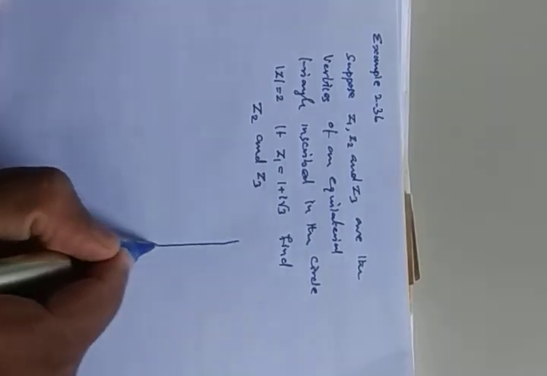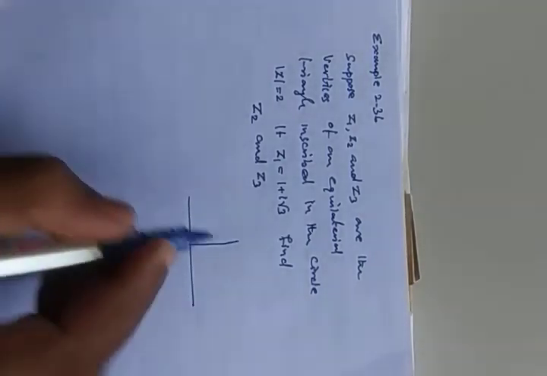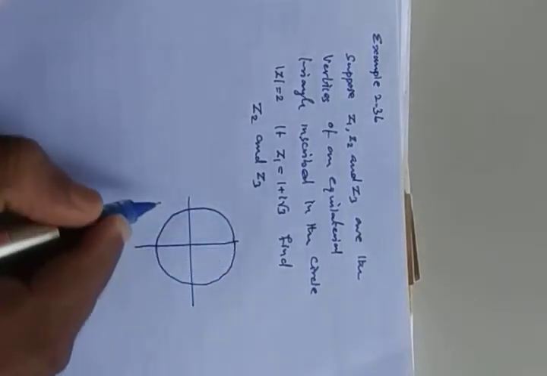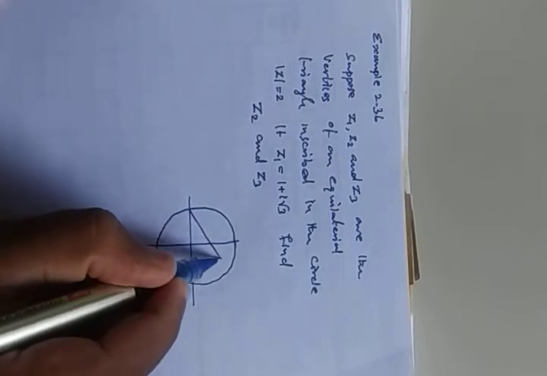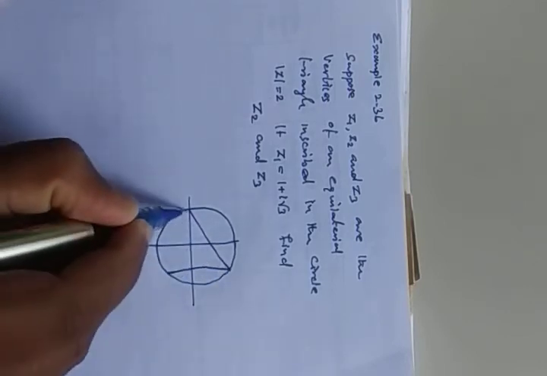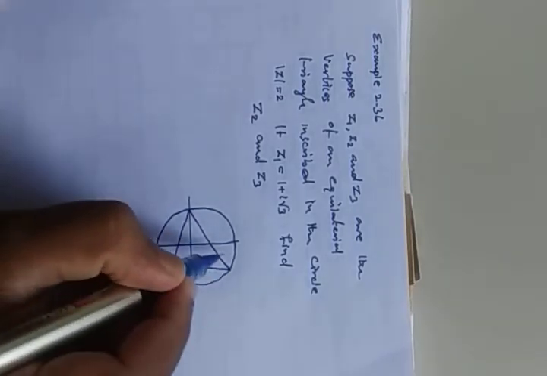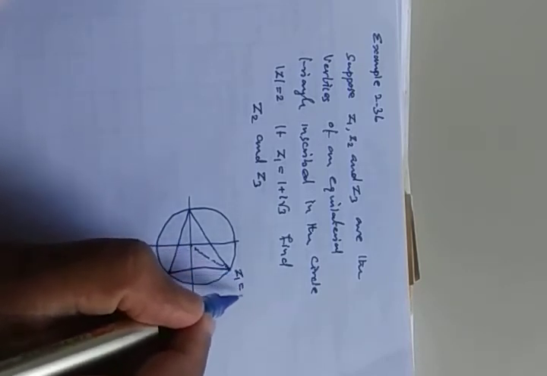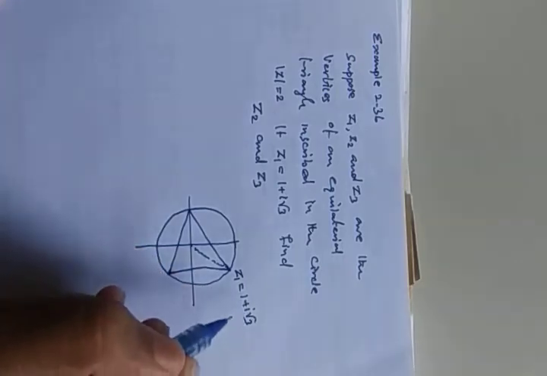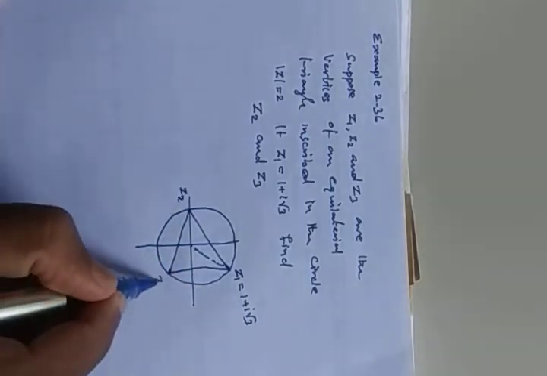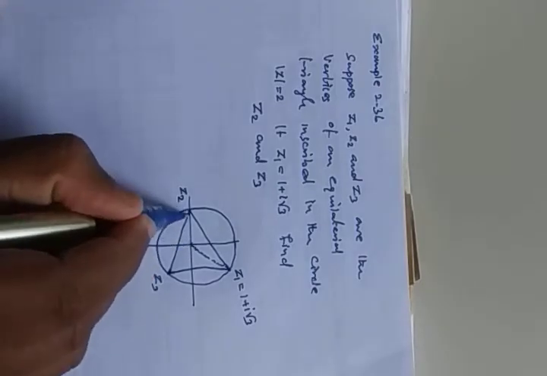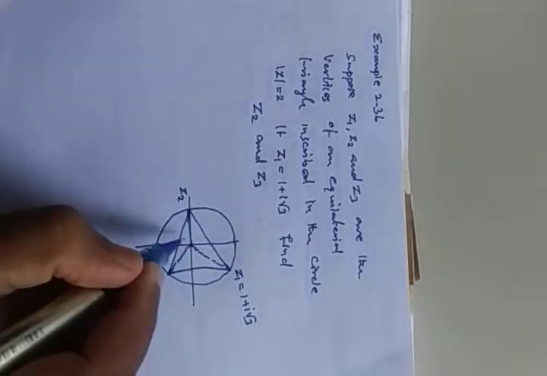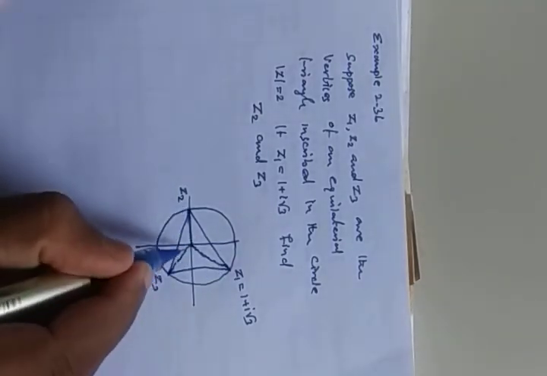See, if this is the axis, for example, now there is a circle here. If I am drawing like that, since it is an equilateral triangle, one will be on the corner like this because it is on the x-axis. So for our understanding, take this as Z1. That Z1 value is 1 plus i root 3. This is our Z2 and this is our Z3. If you join, it will come like this, and here it will come like this. This is Z1, Z2 and Z3.